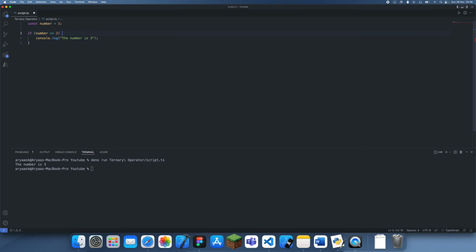And we can actually shorten this if statement. We can put it on a single line if there's only a single line of code to run inside the if statement. This is nice, but what happens if we want to assign another variable based on if this number is 3? So let's say we had a message and we just set it to nothing for here, and we were to say if the number is 3, we want to set the message equal to the number is 3. Otherwise we want to set the message as